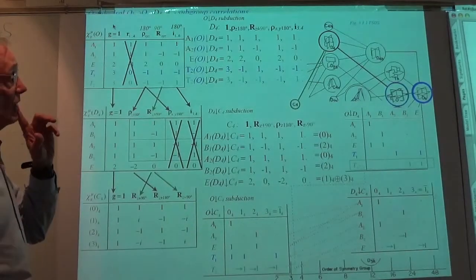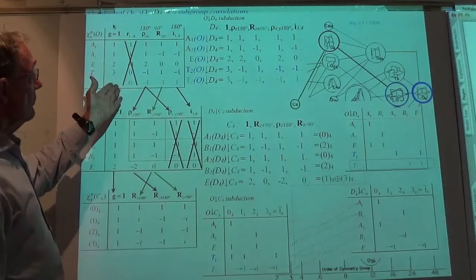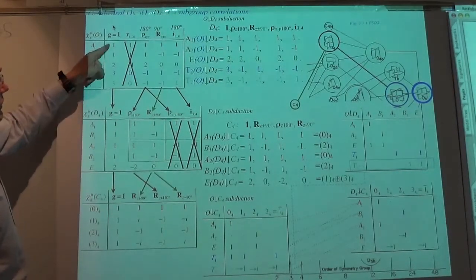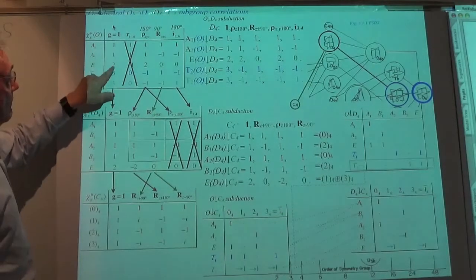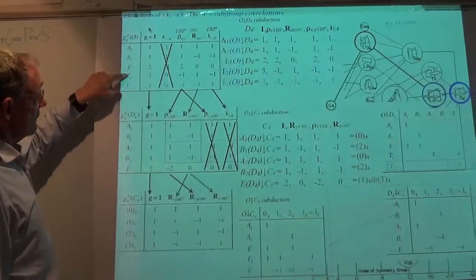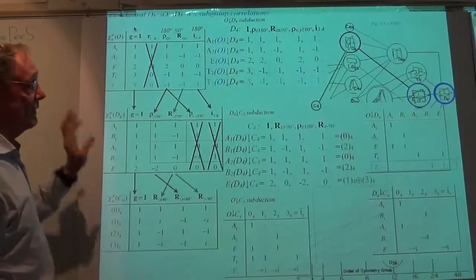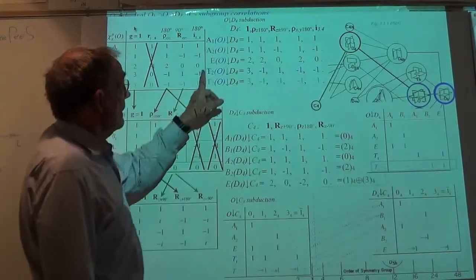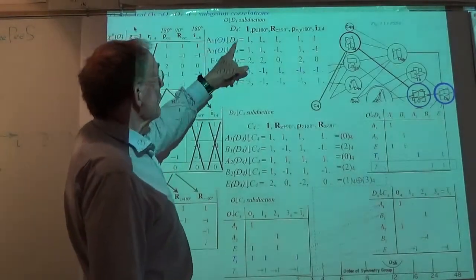Anyway, we went through the character tables of the octahedral group, which consisted of a singlet A1, a singlet A2, a doublet E, and then 2 kinds of triplets. Basically, the vector and the tensor, we'll see later on how that is determined. And then we made a correlation between